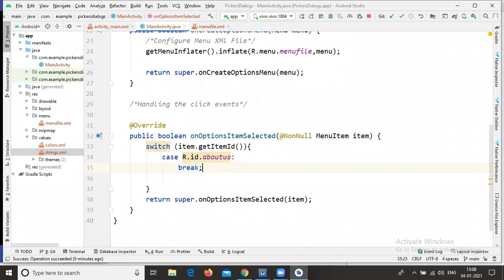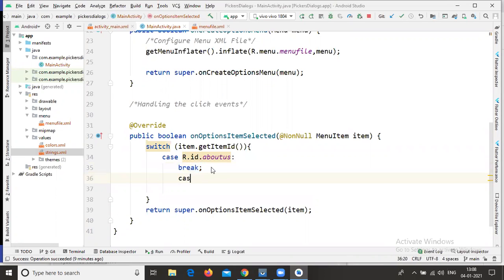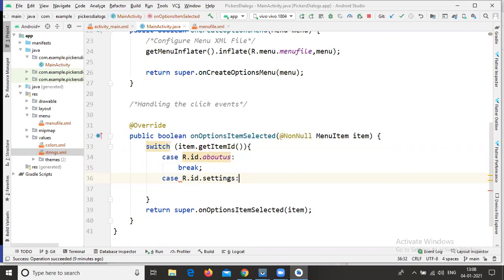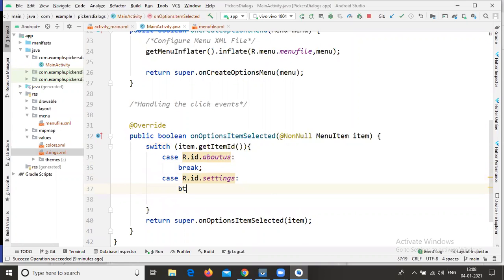In the same way, you can write the remaining cases also. Case R.id.settings, and a break statement. So here I'm calling the break statement again.